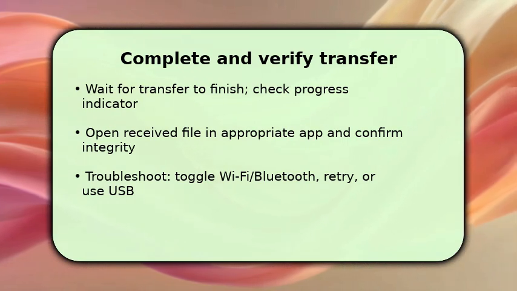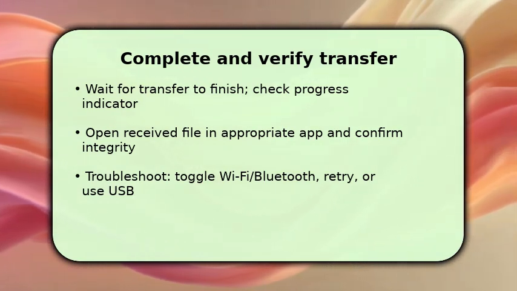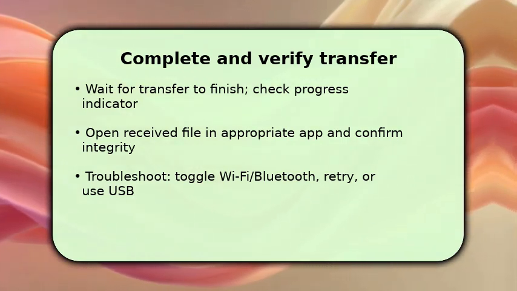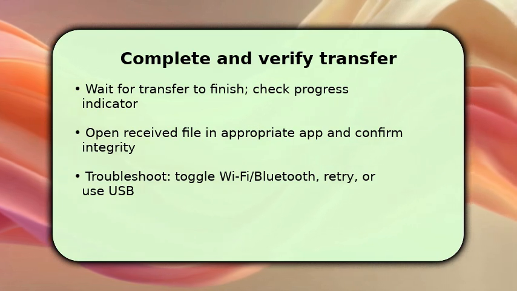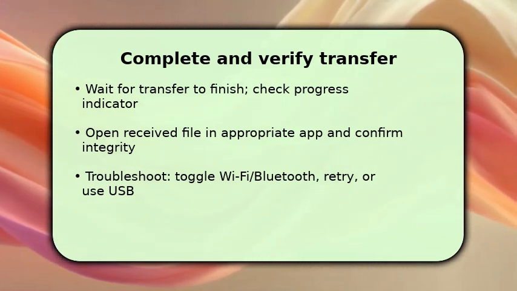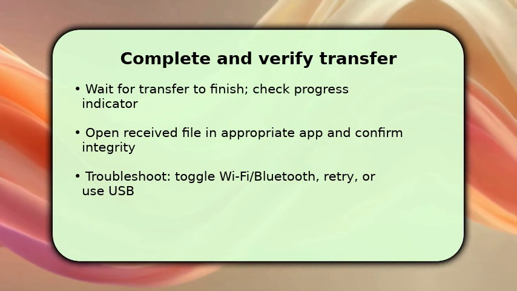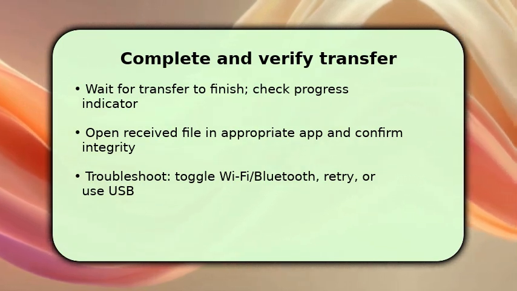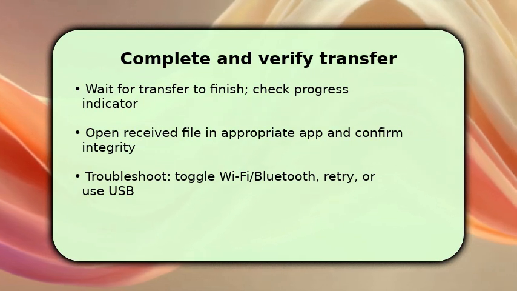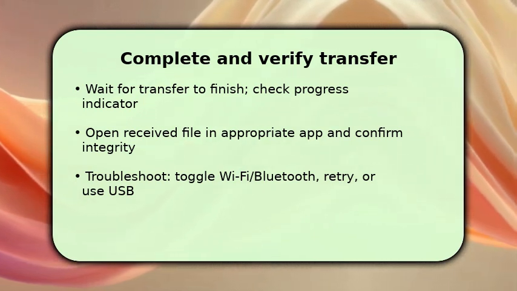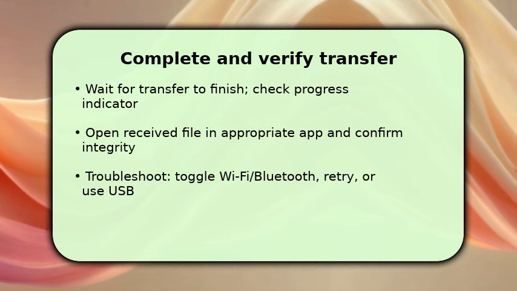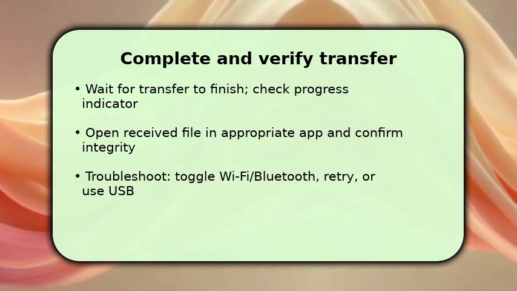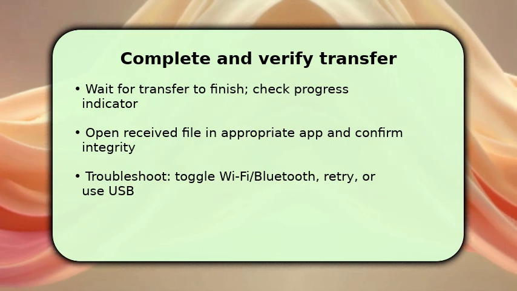Once finished, open the received file on Android to confirm it's intact and playable or viewable. If the transfer fails, try a quick troubleshoot. Toggle Wi-Fi and Bluetooth on both devices, restart the app, or move closer. If problems persist, retry via a different method such as a cloud link or USB cable. That single troubleshooting step, toggling radios, resolves most handshake and